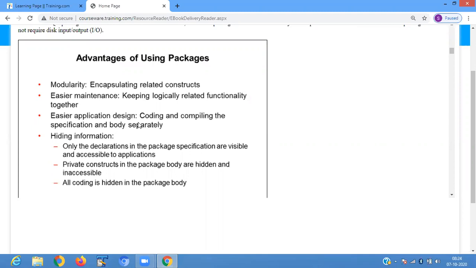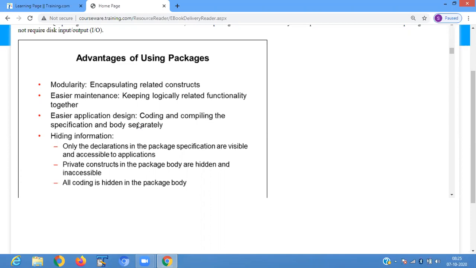All coding is hidden in the package body. Okay, so in the package body all coding is hidden. Like in the specification you are declaring the variable, but in the implementation part you are using that variable.